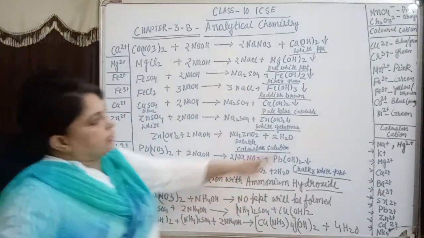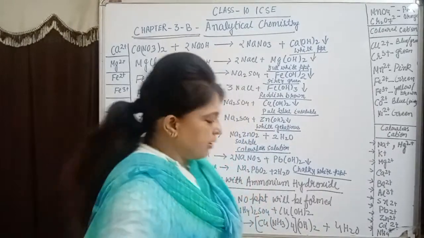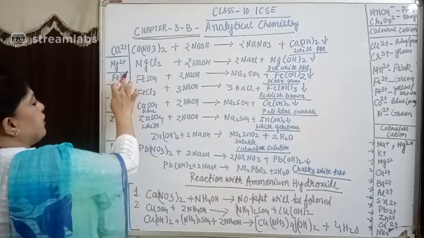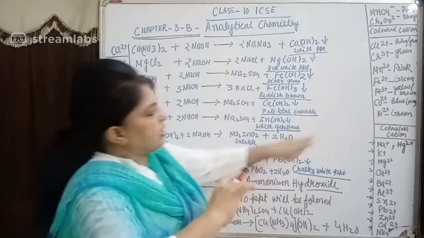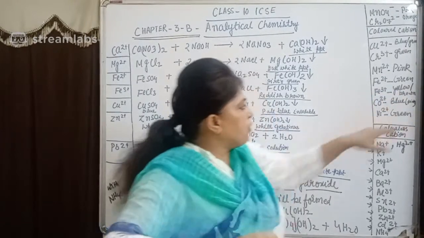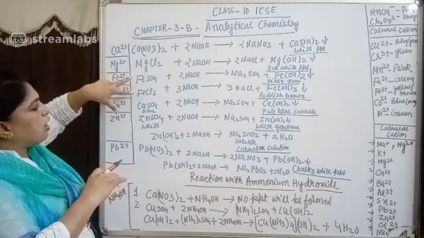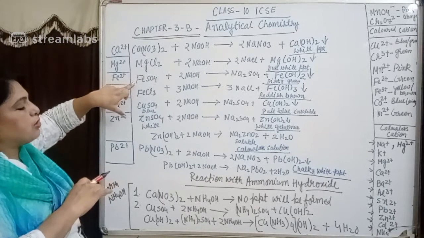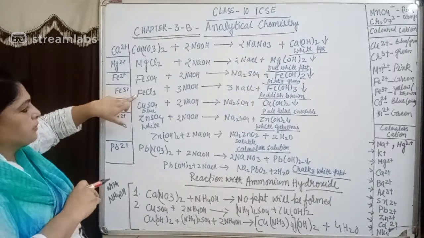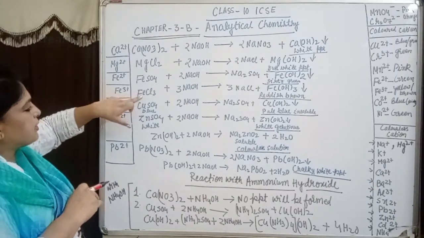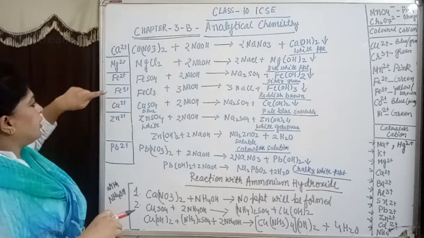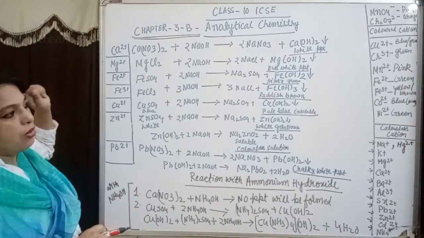Okay, now we have understood about this, right? So let's come back to this reaction. So I told you the Fe2+ and Fe3+. What is the color of Fe2+? Green. And what is the color of Fe3+? Yellow and brown. And we have taken both the salts. We have taken the Fe2+ salt, that is ferrous sulfate, and FeCl3, that is the 3+ ion. So we know the color of the Fe2+ ion is green and the color of Fe3+ is yellow or brown.